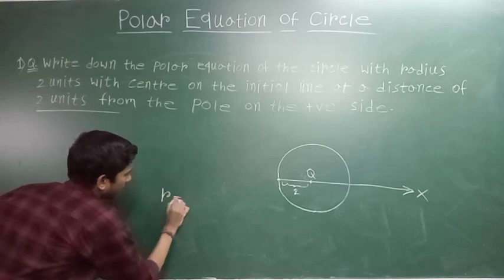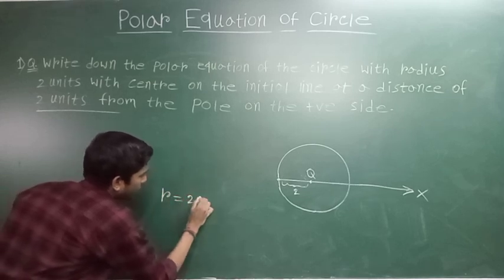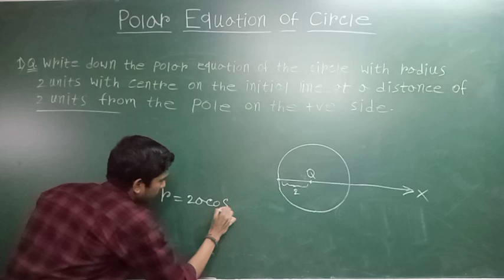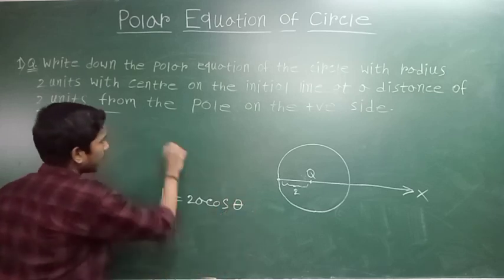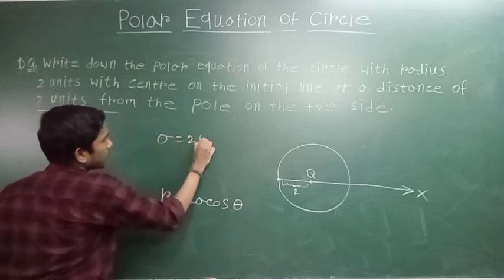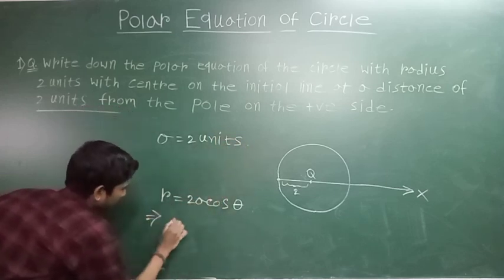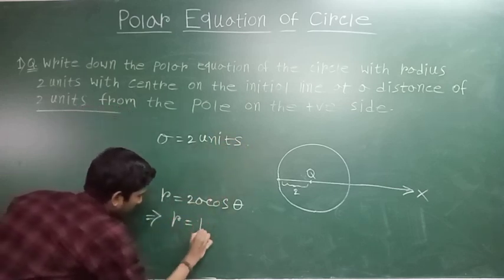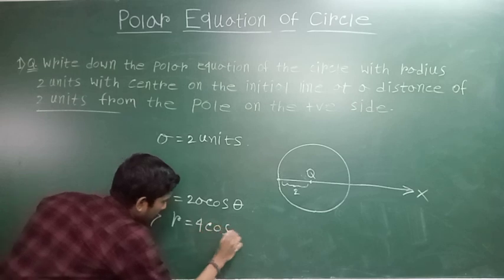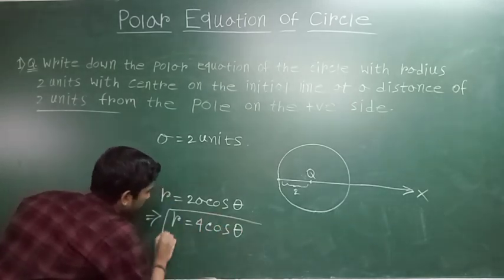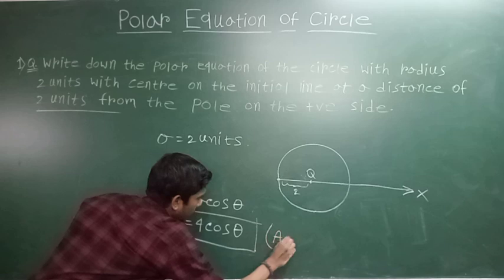In that case we can write r is equal to 2a cos theta, and here a is given 2 units. A is the radius, so this implies r is equal to 4 cos theta, which is the required equation of the circle. Okay,